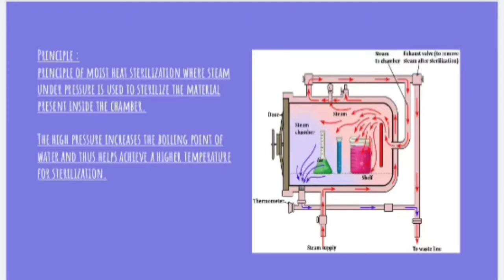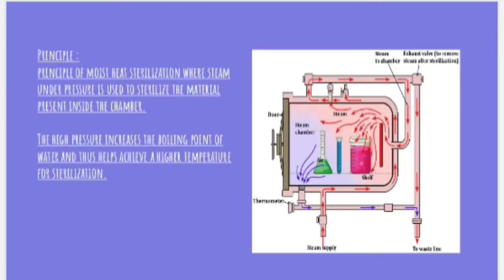The drainage pipe is then closed and the steam inside is allowed to reach the desired levels. Once the pressure is reached, the whistle blows to remove excess pressure from the chamber. After the whistle, the autoclave is run for a holding period, which is 15 minutes in most cases.